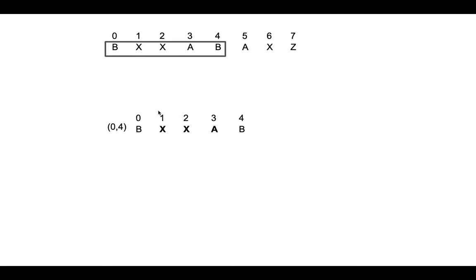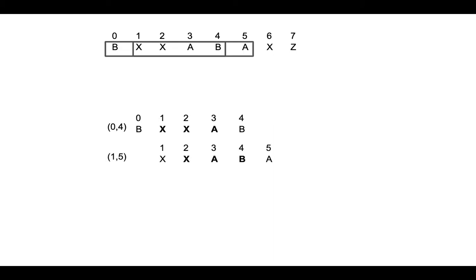Now what we have to do is reuse the previously calculated result of window 3, where we have already calculated whether the string starting from index 1 till 3 was a palindromic substring or not, and that was not a palindromic substring. That means this string starting from index 0 till 4 is not a palindromic substring, because this inner string is not a palindromic substring. So move to another window.